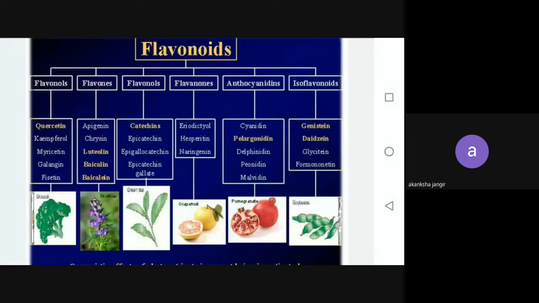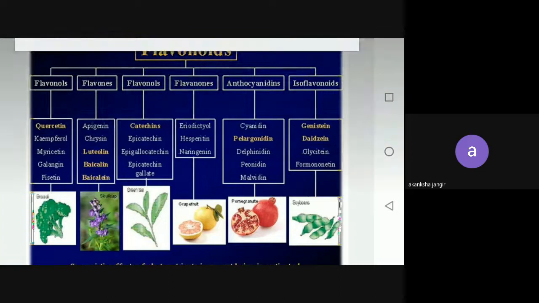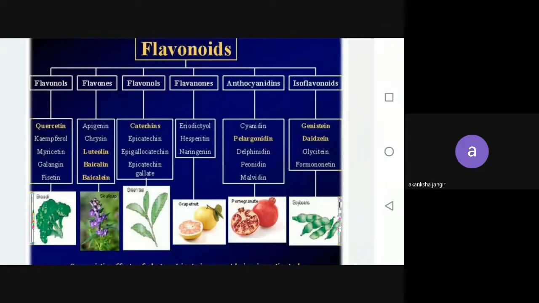Now these flavonols you are seeing. A few minutes back I told you, and one of the students also told me, that apart from imparting color to the food products, sometimes these colors perform a side activity also. They have got a side function also. For example, some of them might have antioxidant activity, and some might have health benefits. Here, from the left, the third part is flavonols. In flavonols, can you see the catechins, epicatechins?